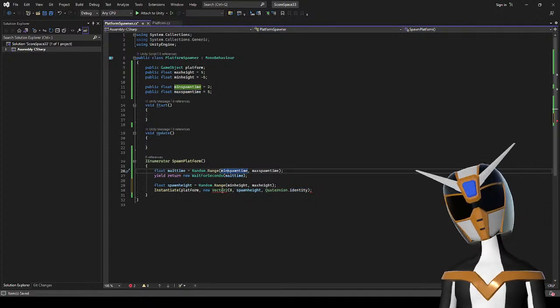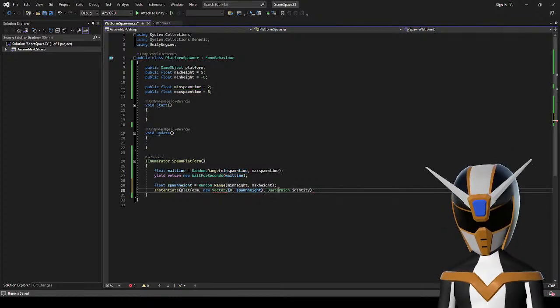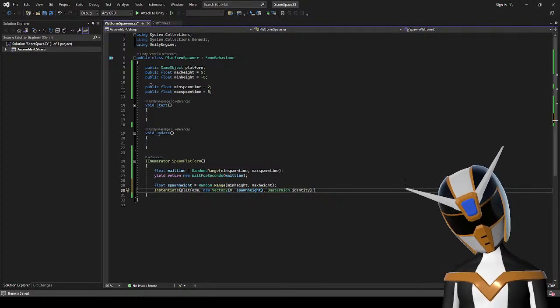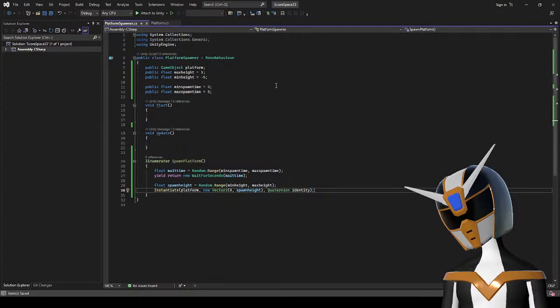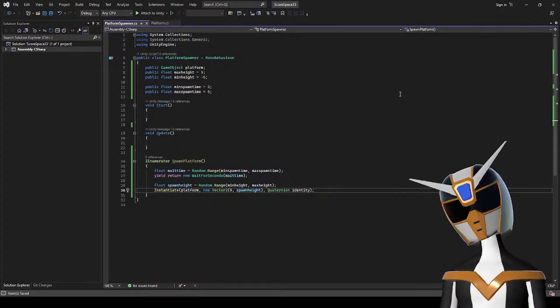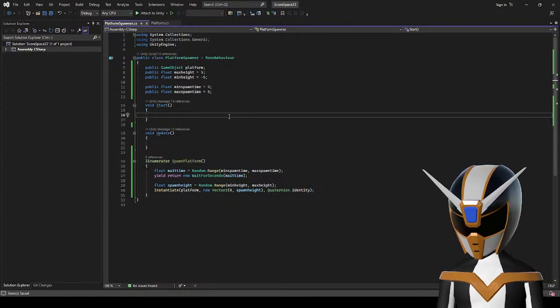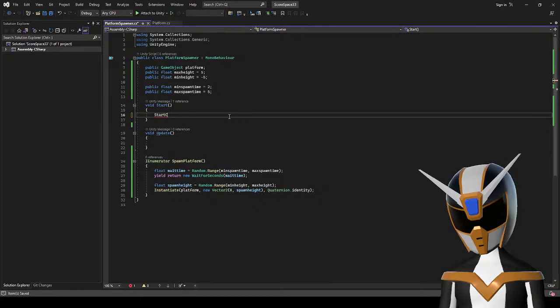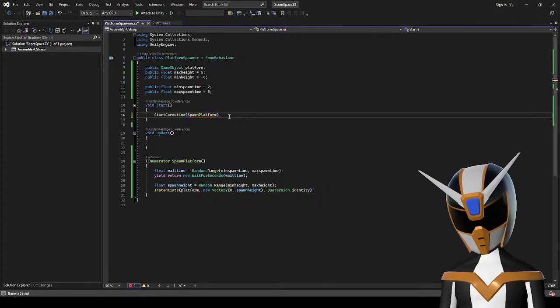What did I do wrong here? Oh, got a bracket there. Okay. So now theoretically, this should spawn platforms every so many seconds. Oh, actually, I need to start a routine, and then start that there.